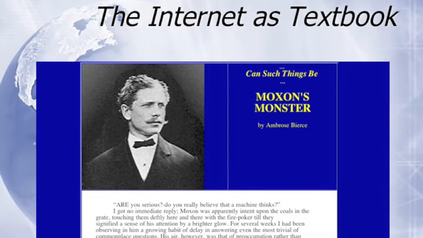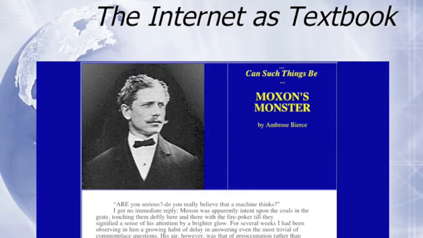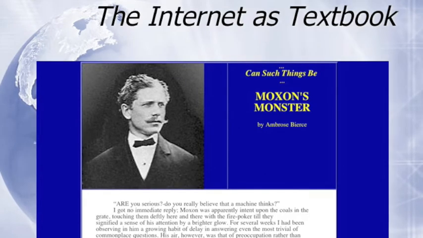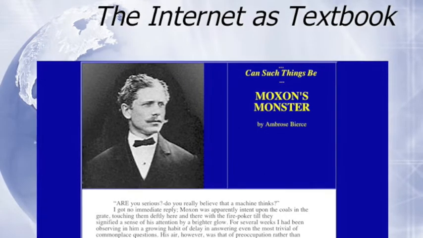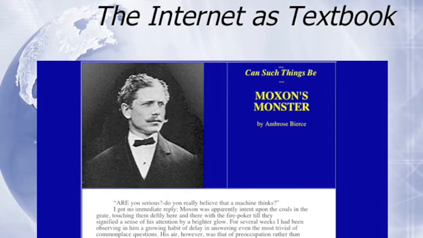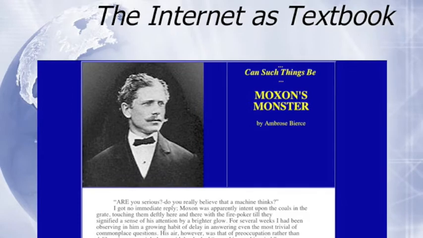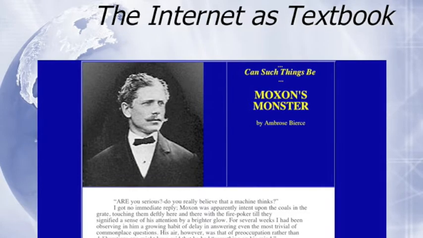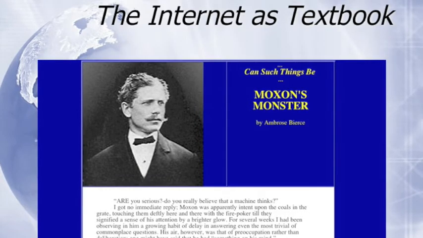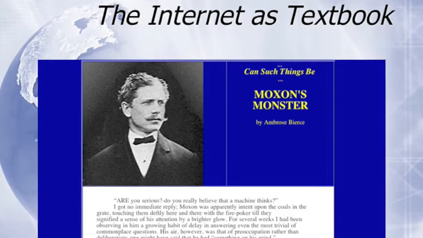One significant way in which technology has changed how I teach and how my students learn is in the area of texts. A main instructional interest of mine is to expand the quantity, quality, and range of readings for my students. Using the internet as a textbook, I can achieve all three. This example here illustrates how students can read countless copyright-free, classic, and even contemporary literary texts.